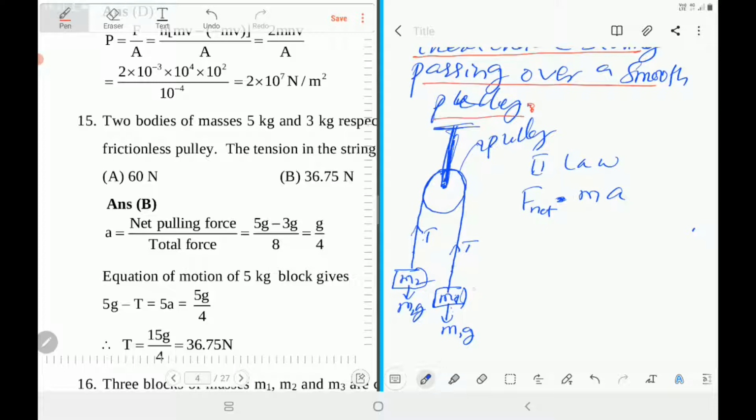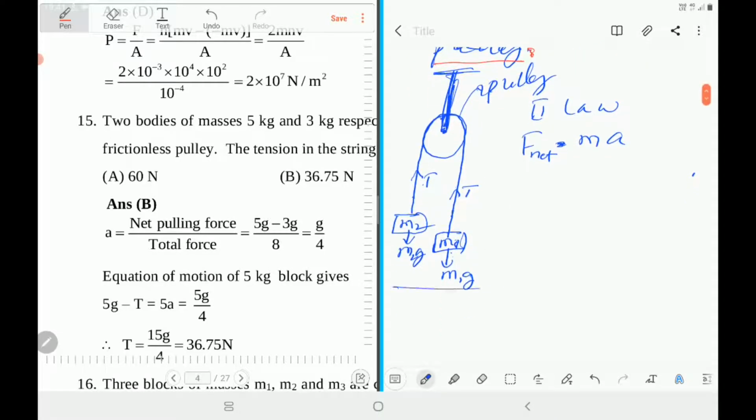First of all, we'll practice how to write the free body diagram and equations of motion. Let's continue with the first one. Let's take the first body, mass m1. Mass m1, dear students, here experiences two forces. One acts down, that is its own weight, w1. What is weight? Mass times acceleration due to gravity. So there is another force by the string which pulls it up, tension. We call it tension, the pulling force in the string.